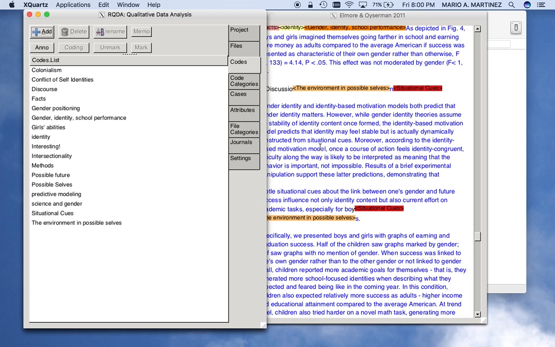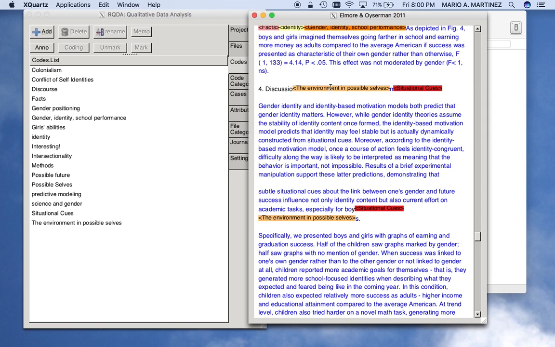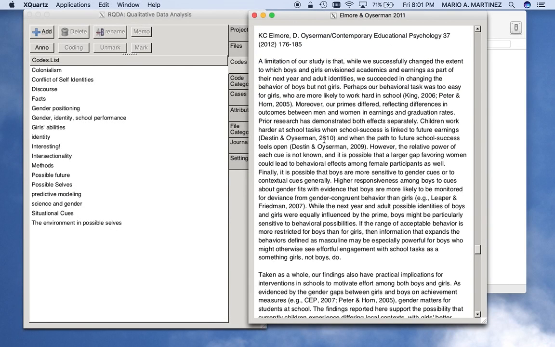Once you code, you'll get a little highlight here, and then the text will turn blue for stuff that's an example of stuff that's not been coded. There you have it. Okay, so as we're examining that,